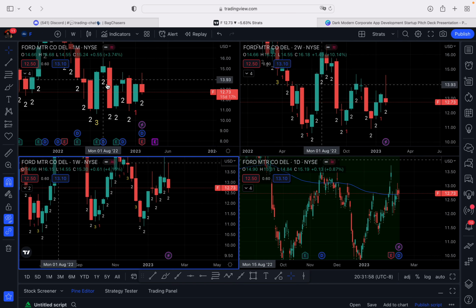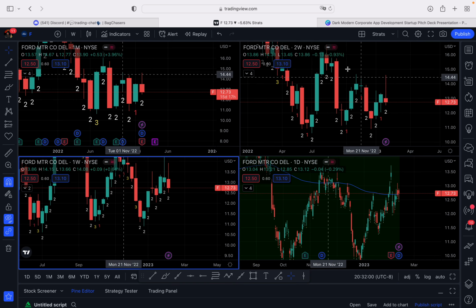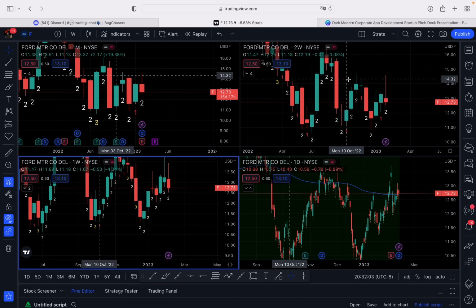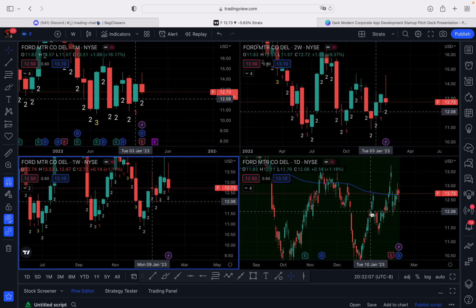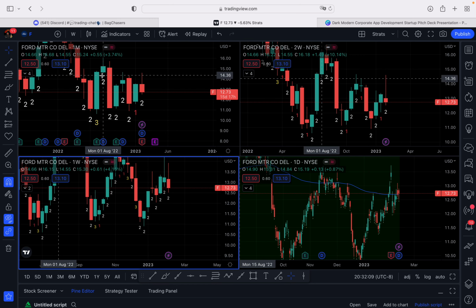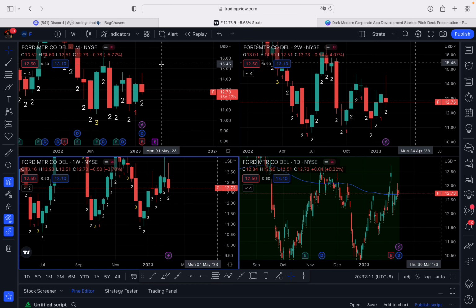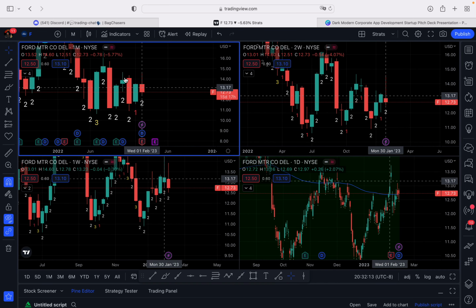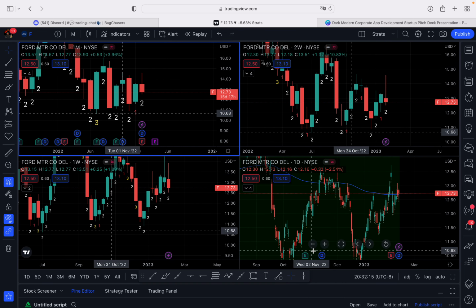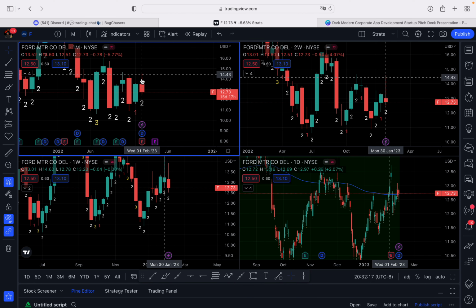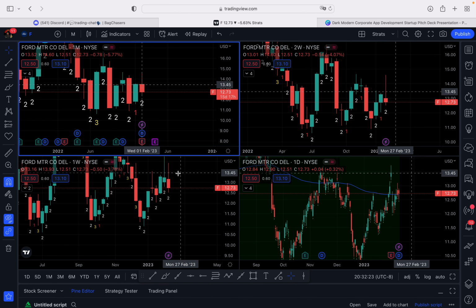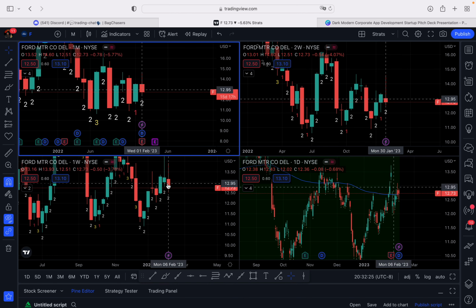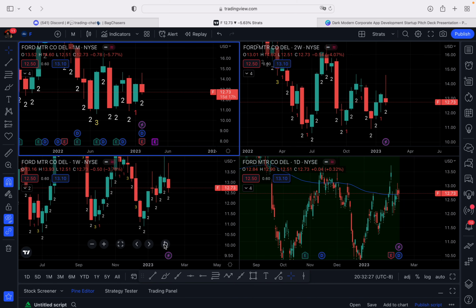Right, so this top left is the month. This right side is the 2 week. This bottom left is the 1 week, and this bottom right is the 1 day. So I am considering, again, this is the monthly right here, top left. I'm considering we could potentially go outside month this month, right? Number 1 off my checklist already was that we reversed within the first week of,